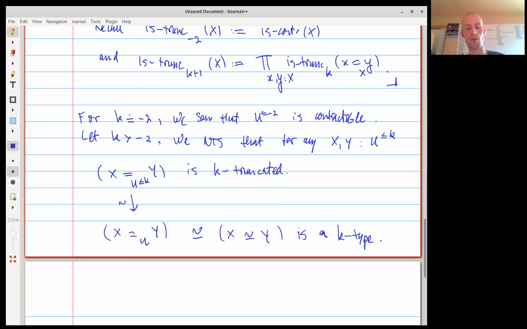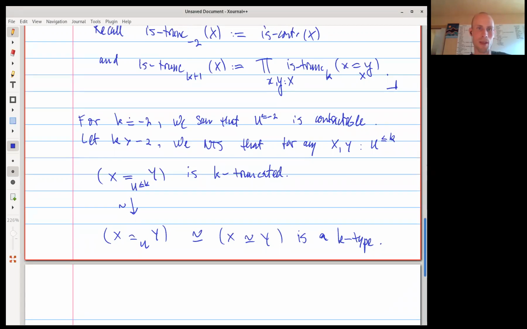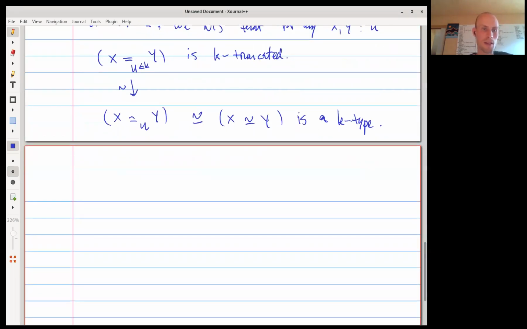Essentially, we know that functions between k-truncated types are themselves k-truncated, and it follows quite easily that equivalences between k-truncated types also form a k-type. So that concludes 3.2. And now we come to 3.3, which asks us to show that the universe of propositions